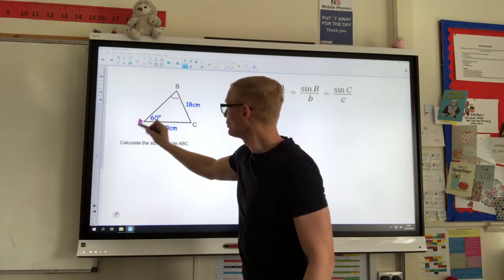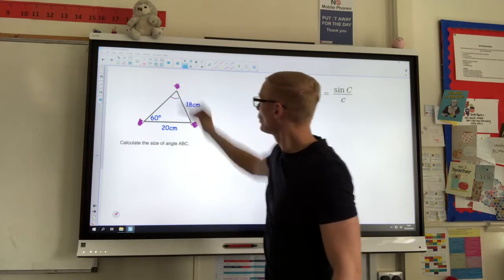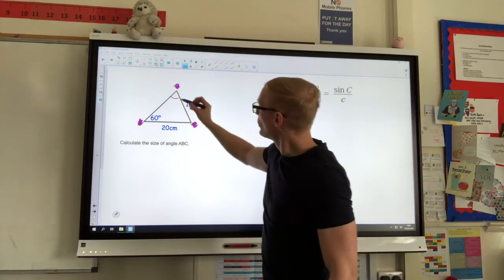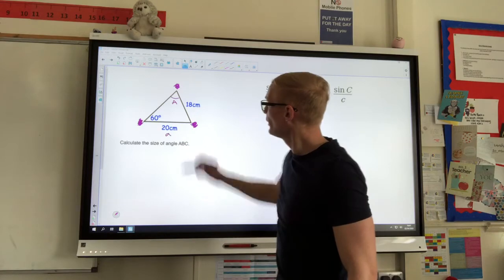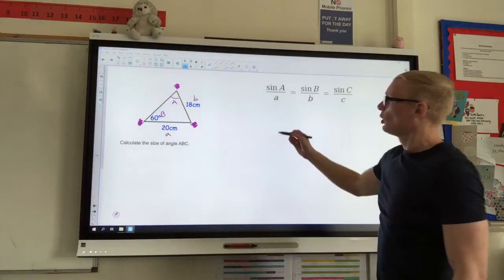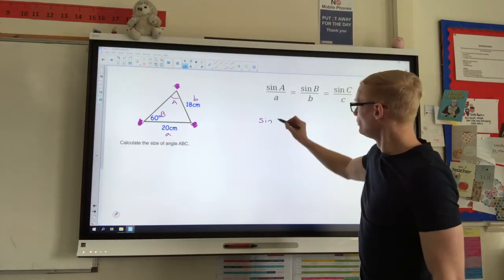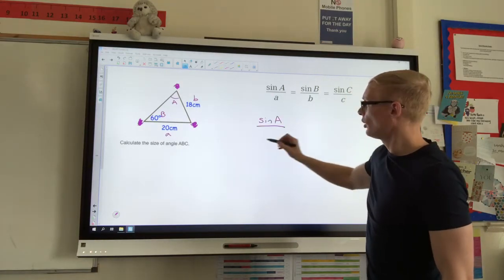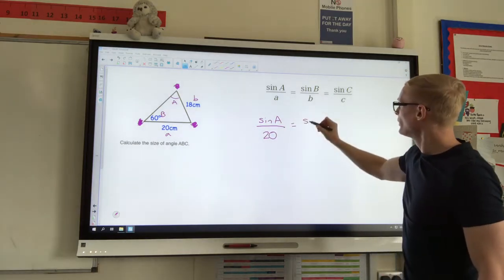Now I can get rid of the angles and the labels. So if we call that A there, that lowercase a, and then B and B. So substitute in, sine of A is what I'm looking for, over 20, is equal to sine of 60